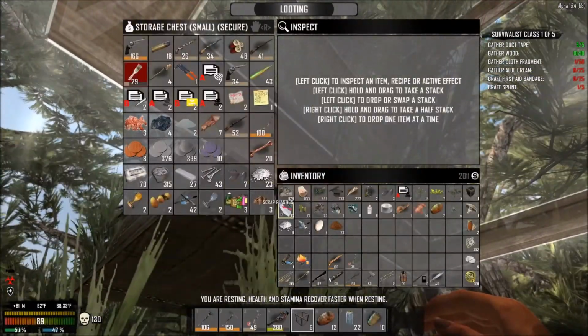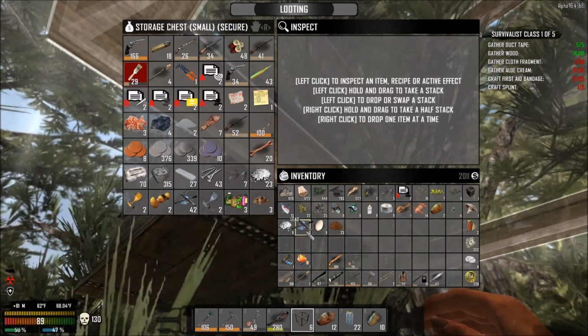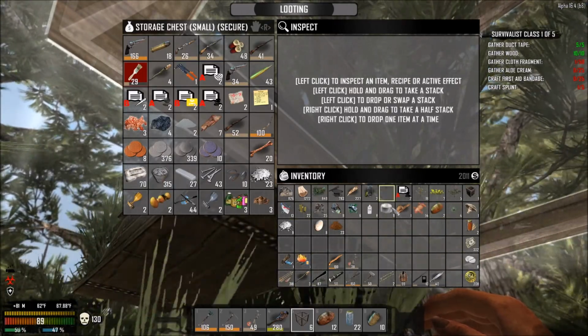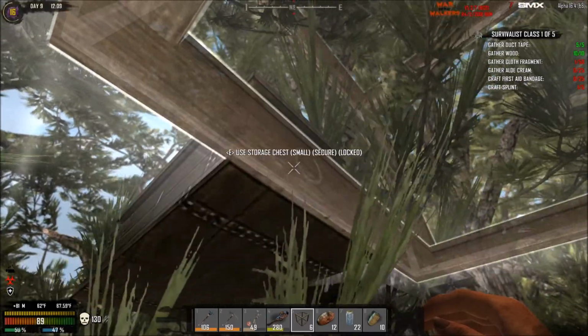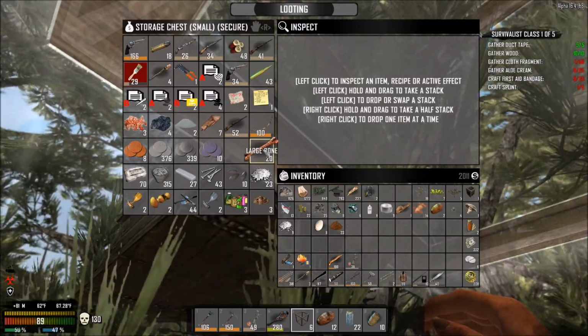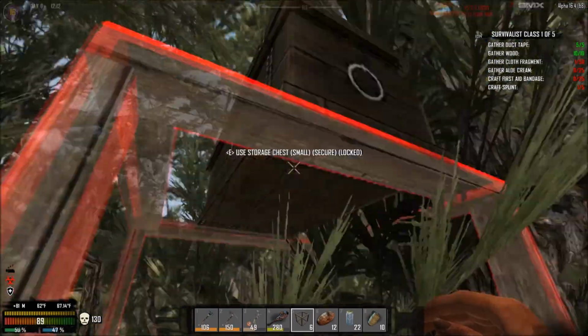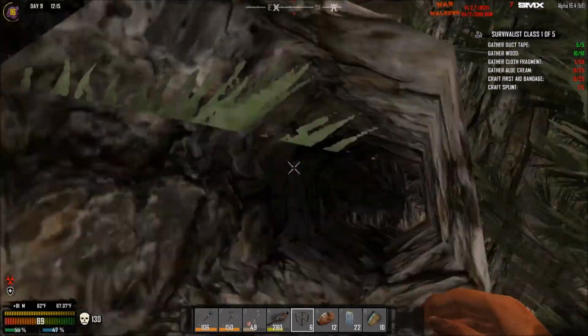Alright, and let's just have a look in here. Got some things I could probably put away, like that lead there, and that lead there. That as well. We have household chemicals and leather, and I don't seem to have any duct tape, unfortunately. Unless I've got it in my inventory. Yes, I have, but I haven't learned the recipe, so...